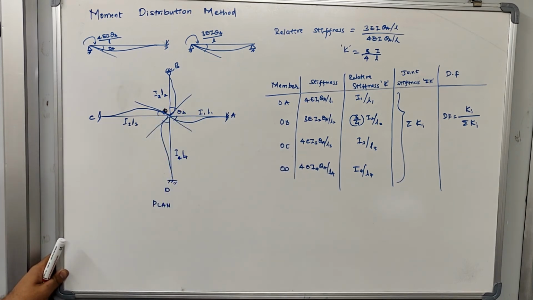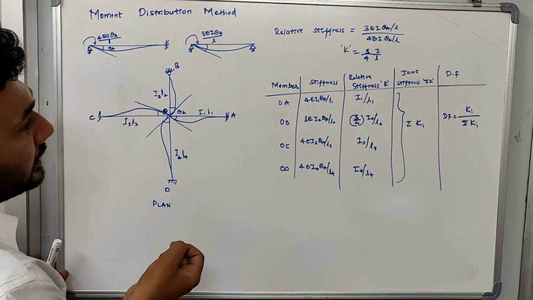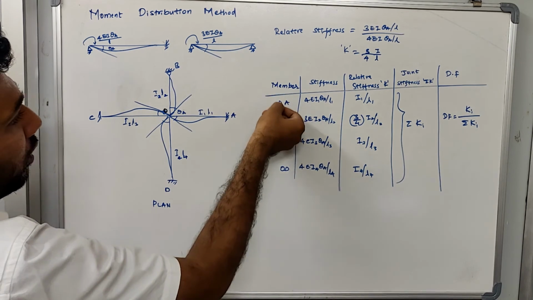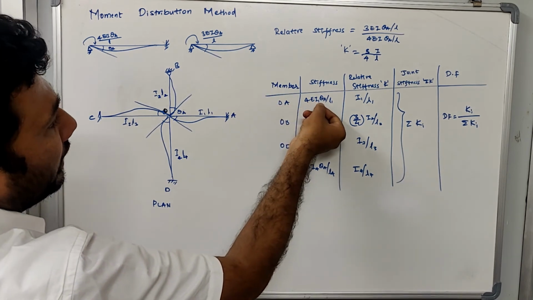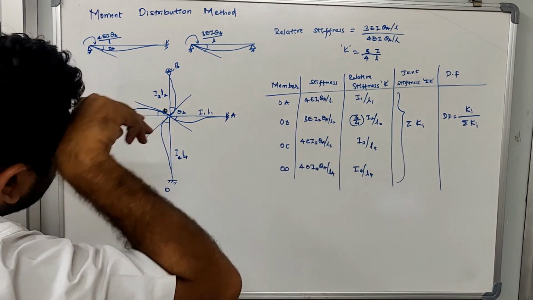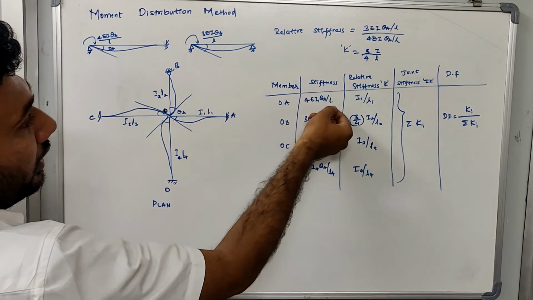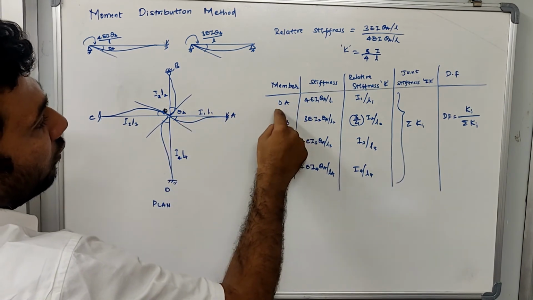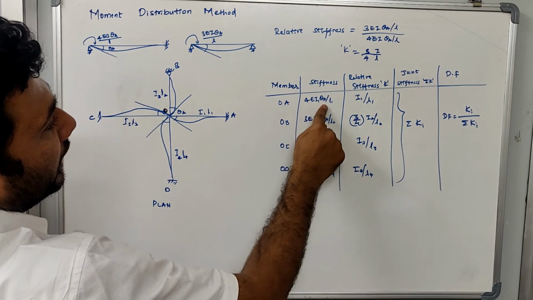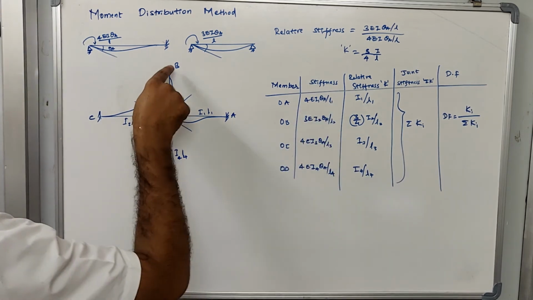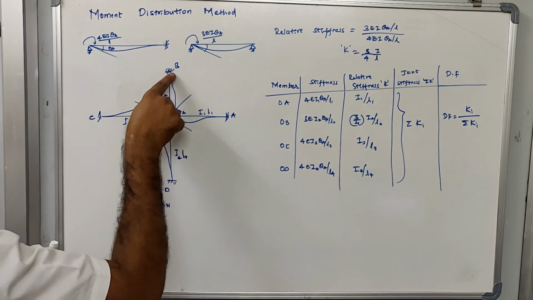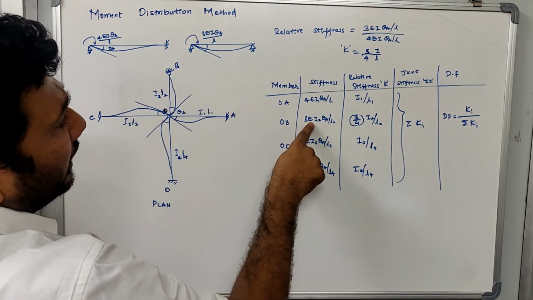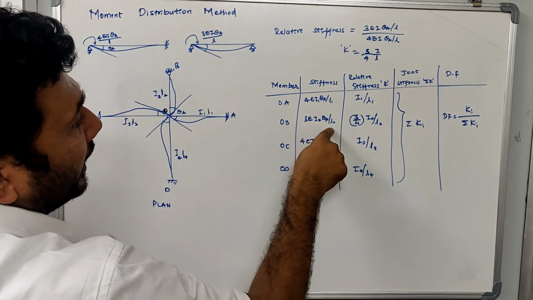So for this, I need to identify how much is the stiffness value of all these elements. Okay, now let us take one by one. Member OA is having a stiffness of 4EI1θA divided by L1. So see here, I is I1, L is L1, right? That's why the stiffness value of OA will be equal to 4EI1θA divided by L1. Now similarly, we can go for B joint. As you know, this was fixed and this is now pinned. Because it is pinned, the value of stiffness will be 3EI2θA divided by L2.